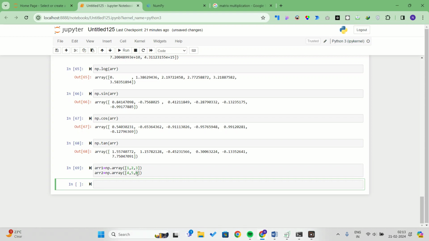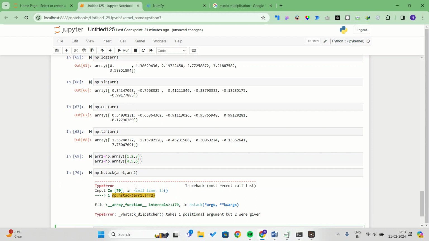So how do you do that is by horizontally stacking. So there's something called horizontal stacking, and the method used is hstack. So you can see that hstack, and we pass the array. So when we do that,